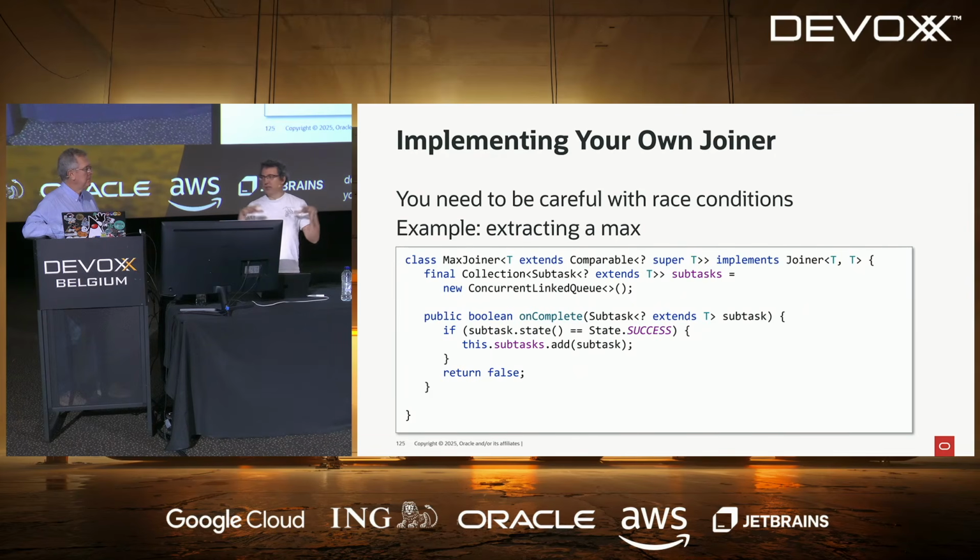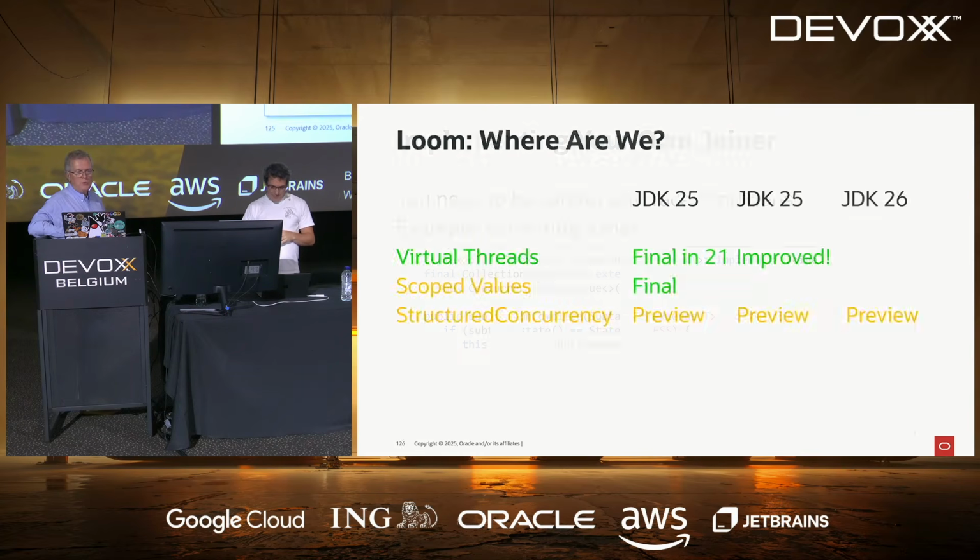Yeah. Because in that case, you are in the main thread when you ask for the result. Absolutely. And I think this is what we wanted to tell you about virtual threads today. Where are we currently? Virtual threads have been made final in 21, so it is still final in 25. Yes. When it's final, it's final. But it was improved in 25. Yes. That's definitely a good reason for moving.